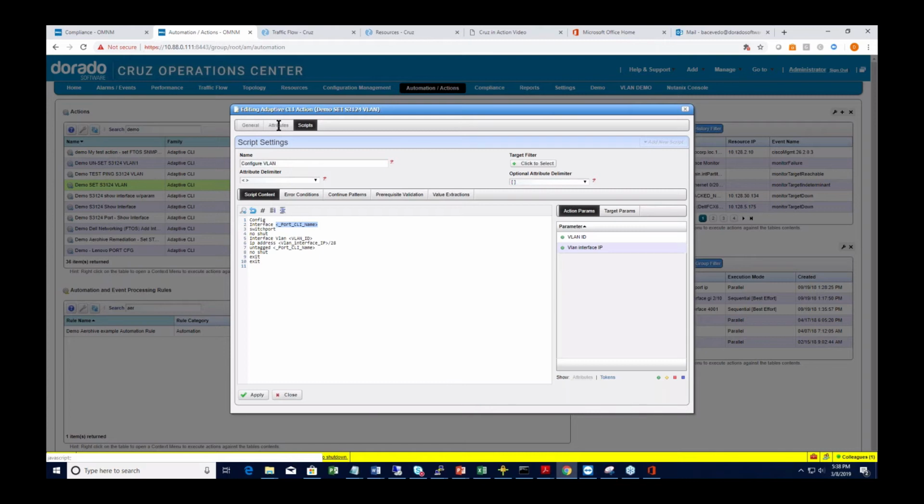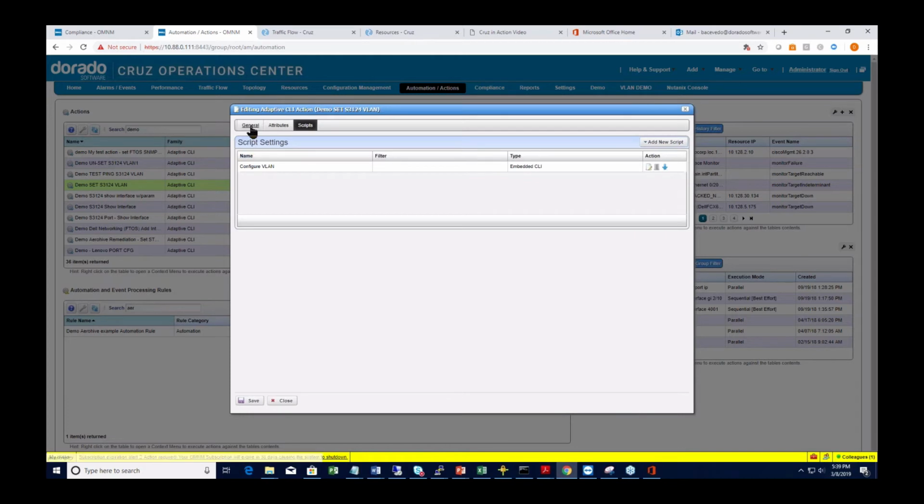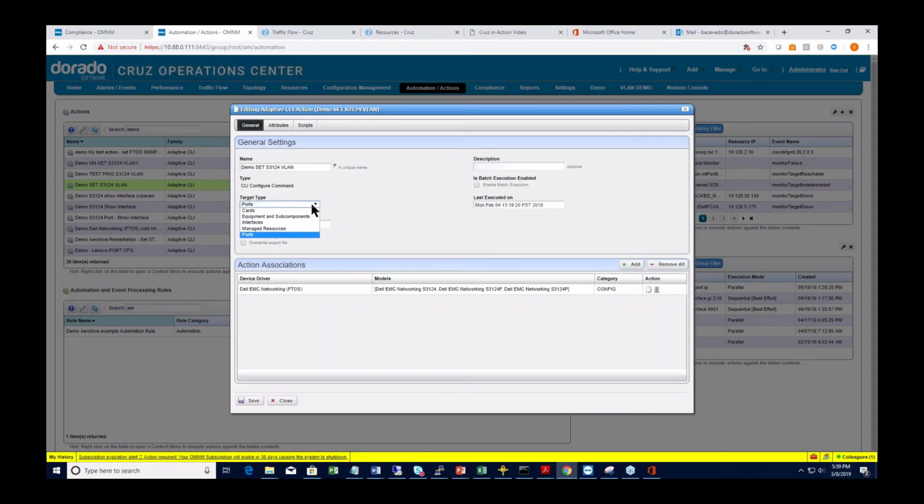So we have some sample scripts that show that. Just query for the word sample, or maybe it's example. You might see examples of those if you want to look at those. But anyway, a simple script here with some attributes. One thing to note here is that on the general tab, you can execute this against various